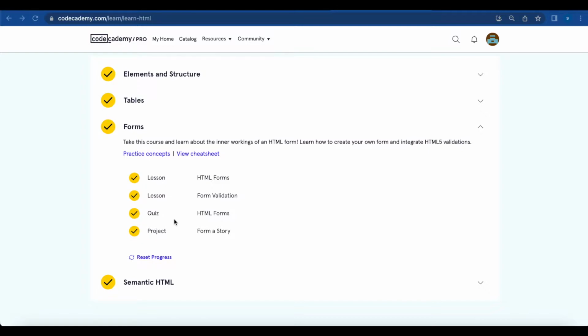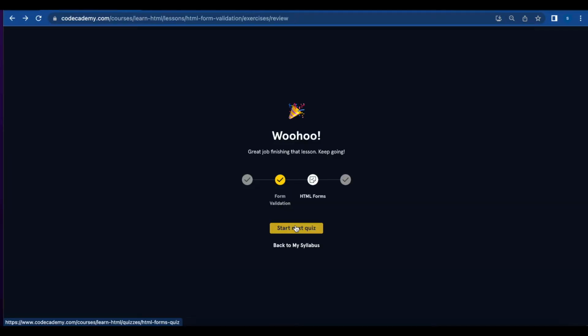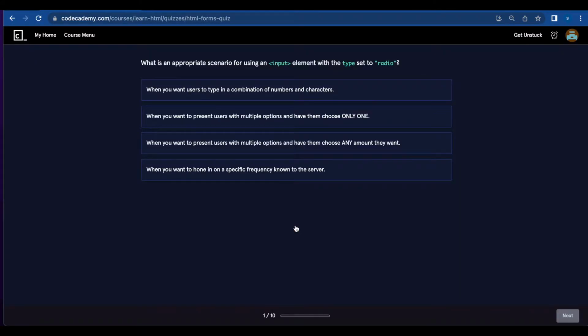Today I'm going to take the quiz on HTML forms. This quiz should cover most of the elements that were taught in this chapter, HTML forms and HTML form validation. Let's start the quiz. First question, what is an appropriate scenario for using an input element with the type set